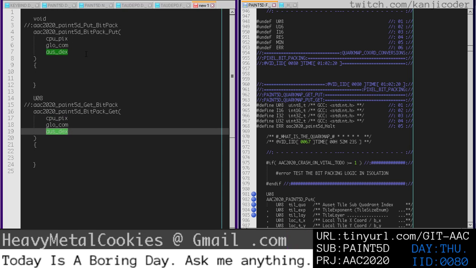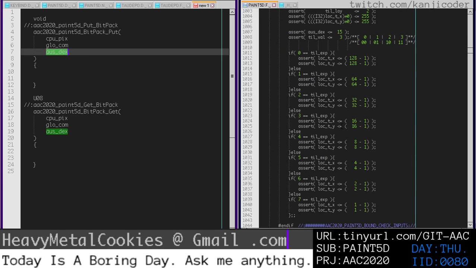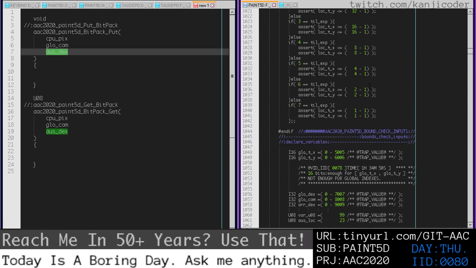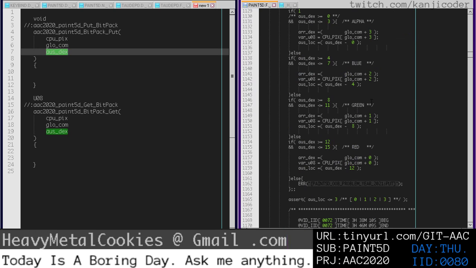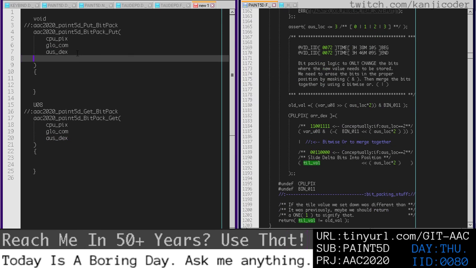So that also means that in here we have a value that we're putting, right? So this put function, we have a value, the tile value that we're putting. And we should see that being used somewhere down here. Yeah, so right here. Okay, fine. So we know it's called tile value, so